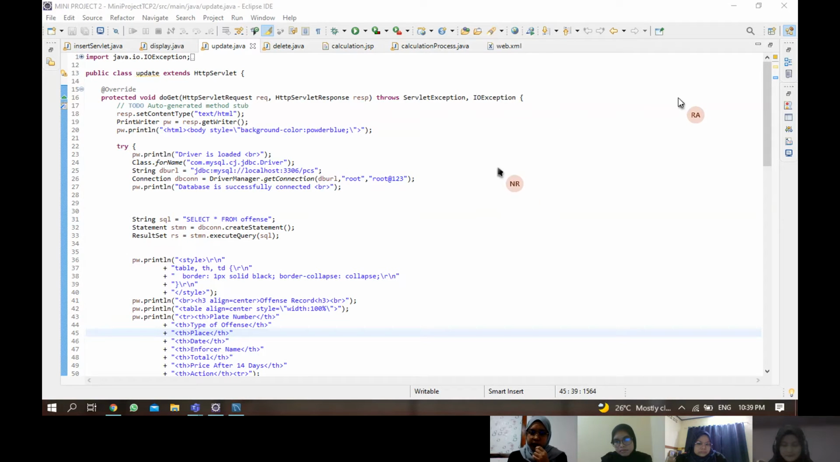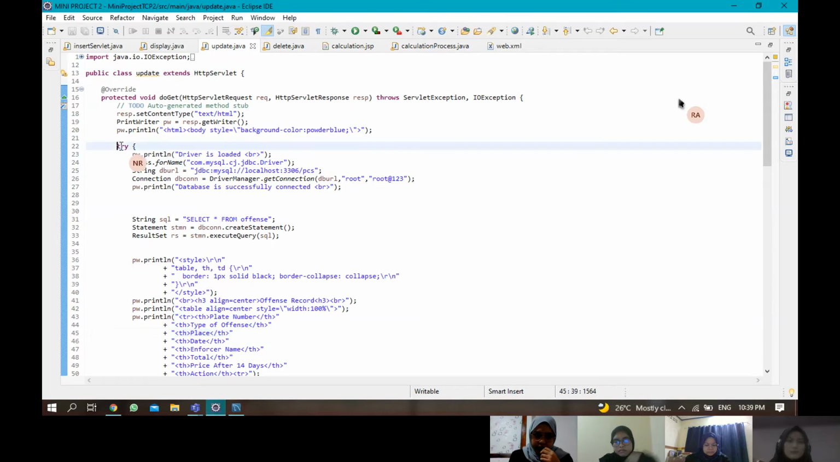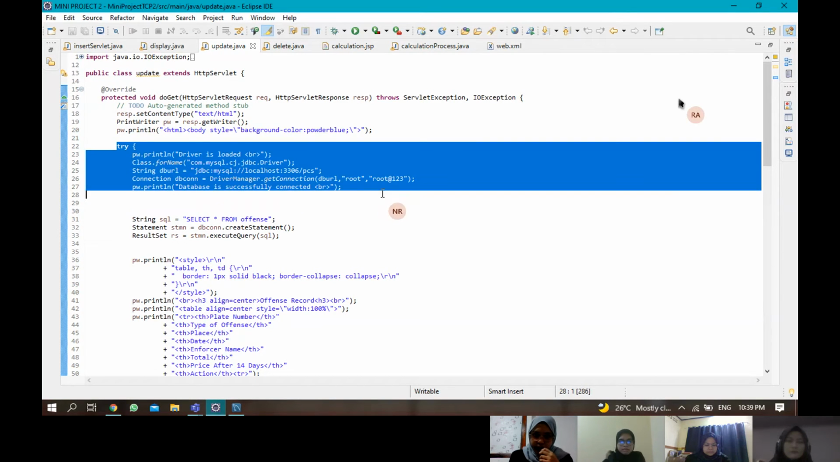Assalamualaikum warahmatullahi wabarakatuh. My name is Nurul Afika Raza. So I will explain about the update coding. So this is update. For the update, the command here is